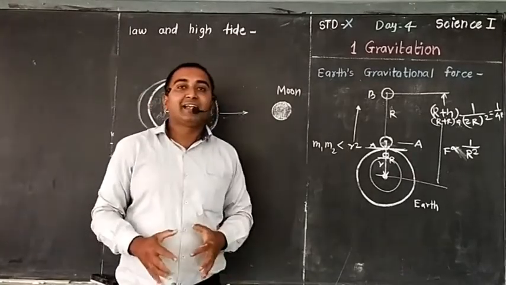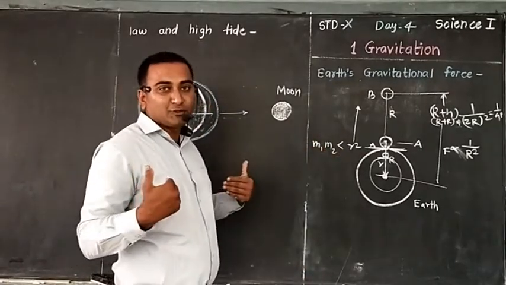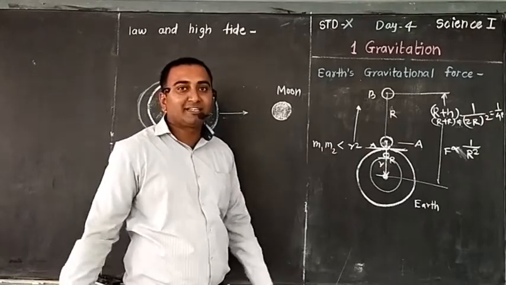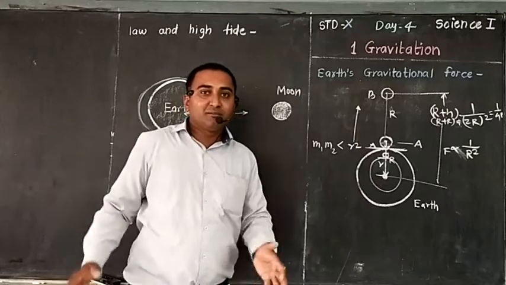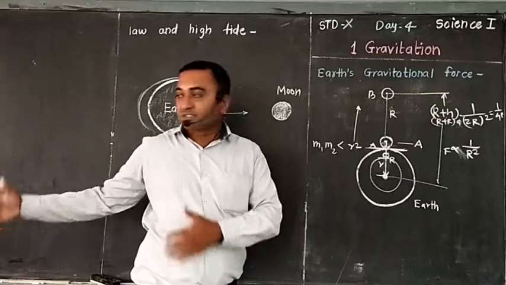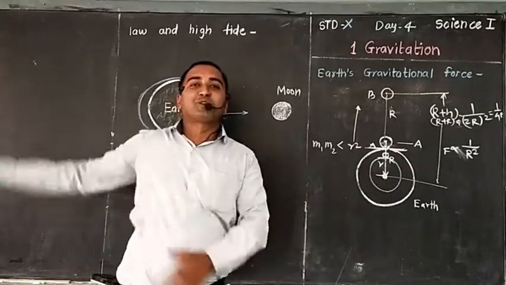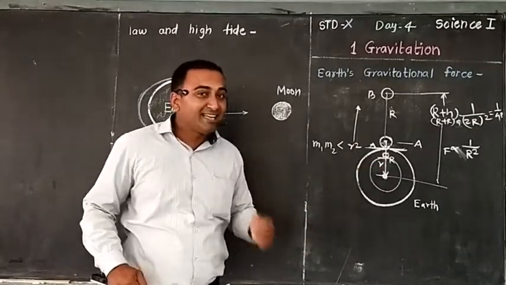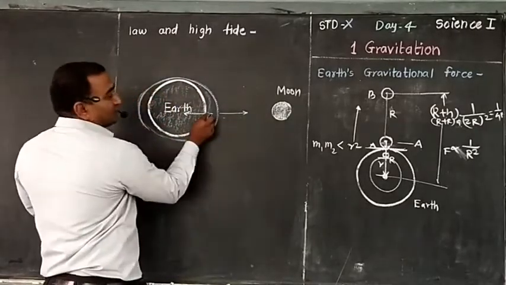Suppose you are standing in front of a fan, so the fan is blowing air towards you, and suppose you are wearing loose pants or your clothes are a little loose, then they start to flap like this. The clothes will start to move towards that side. But the clothes will not get removed from your body. Why? Because your force is more and the fan's force is less. Like this is what happens exactly below the moon.